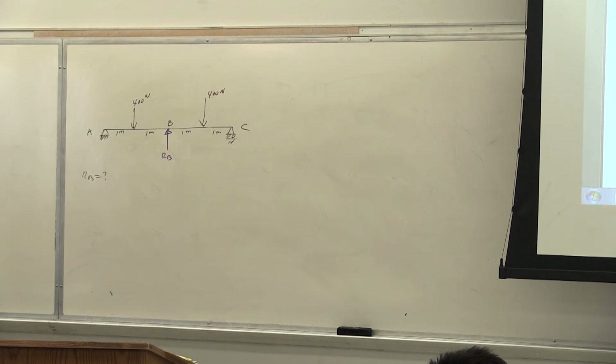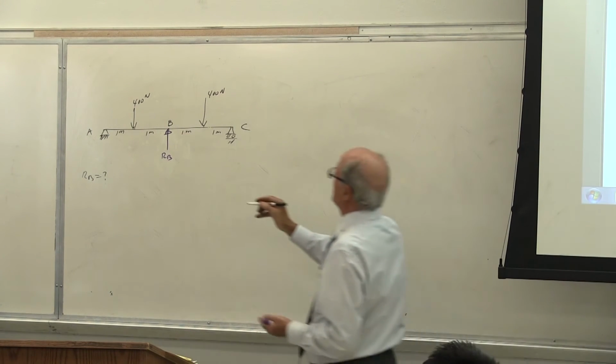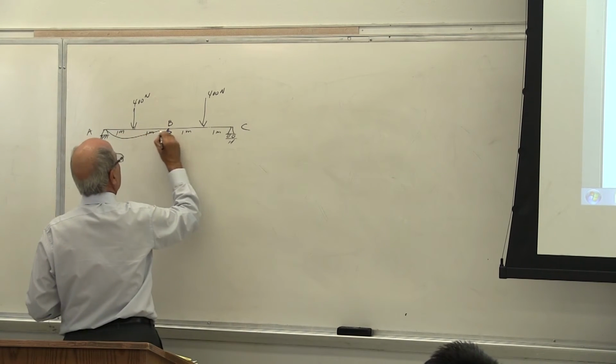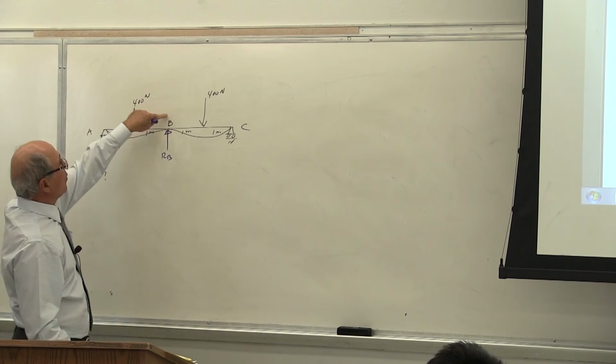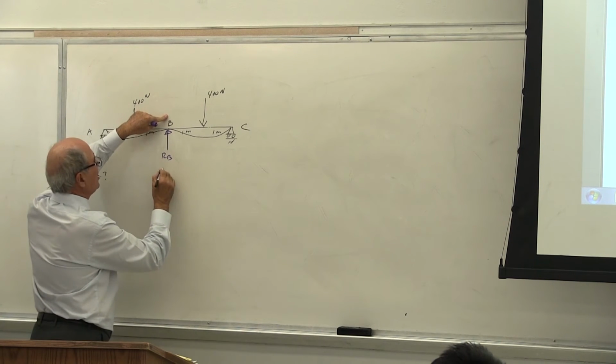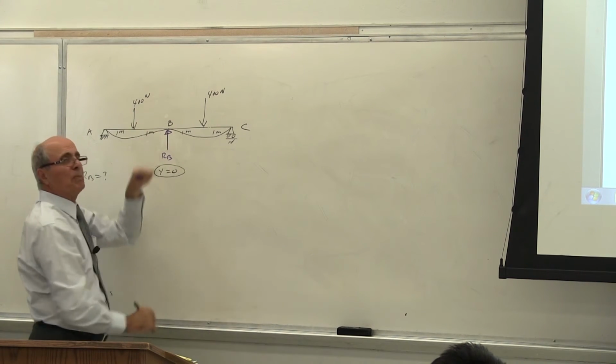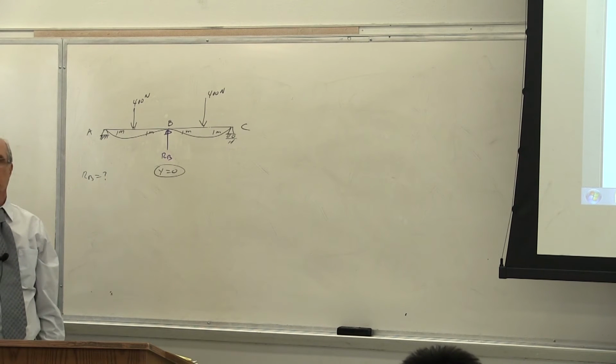Is that correct? You have to set up, if you break this into 3 different beams with different loads, when I add those 3 beams together, y at B must be equal to 0, because this is 0. Look at it. This beam is going to bend like this, something like that. Is that correct or not? Yes or no? This means y at that point, that's exactly what it means. Y at that point must be equal to 0, correct?